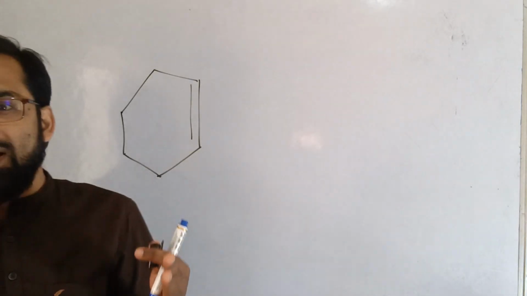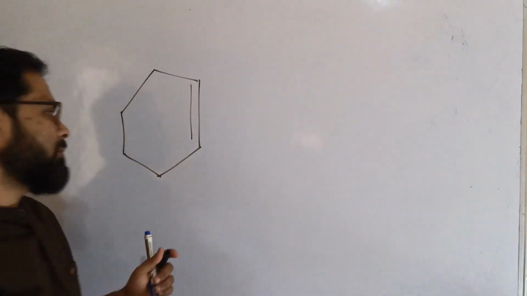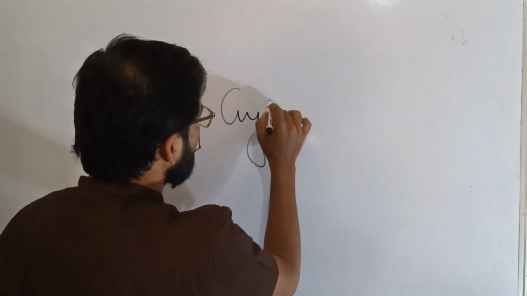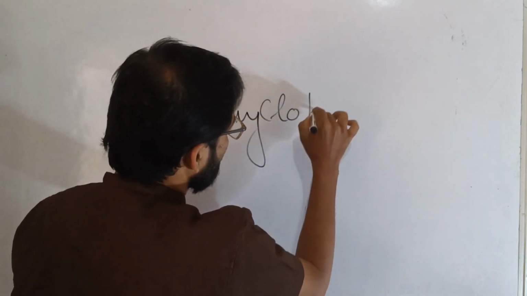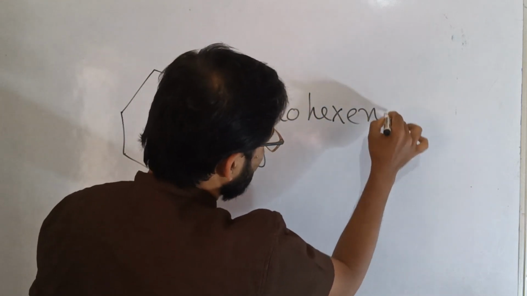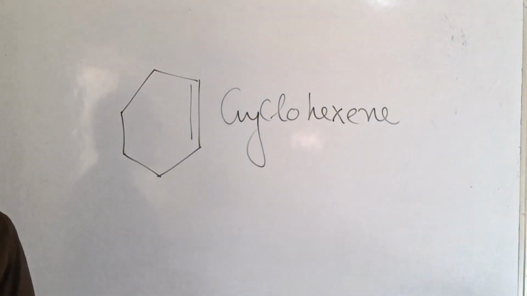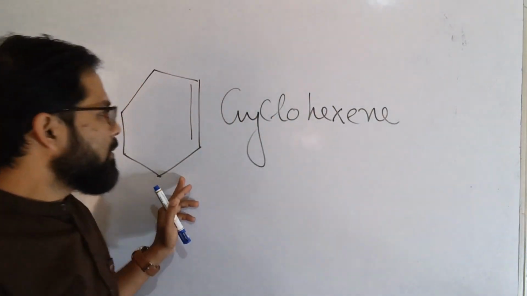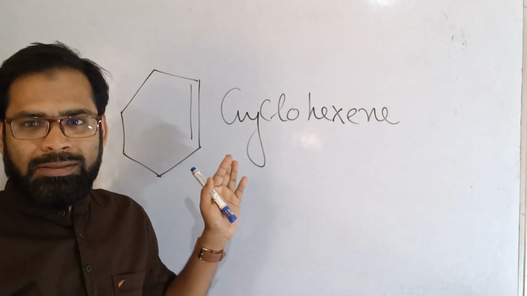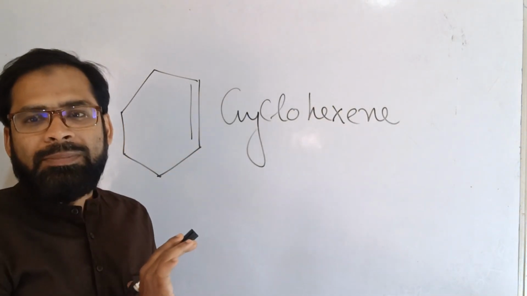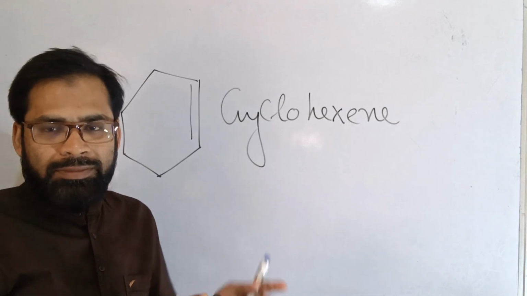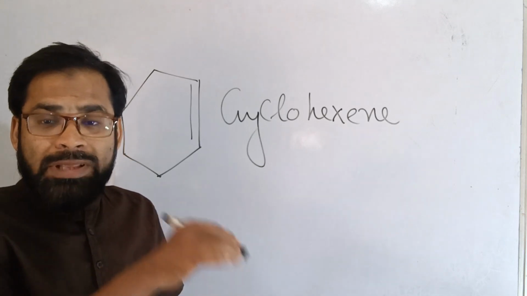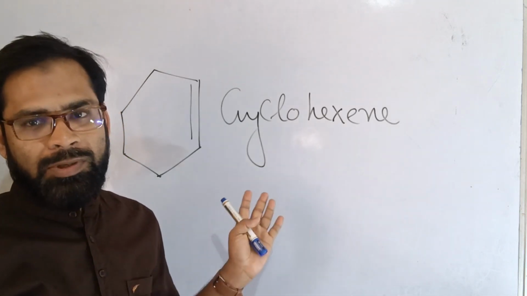That will be cyclohexene. So in case of a cyclic compound, if there is only one double bond, there is no need to mention the position. If there is more than one double bond, then we have to mention the position of the double bond